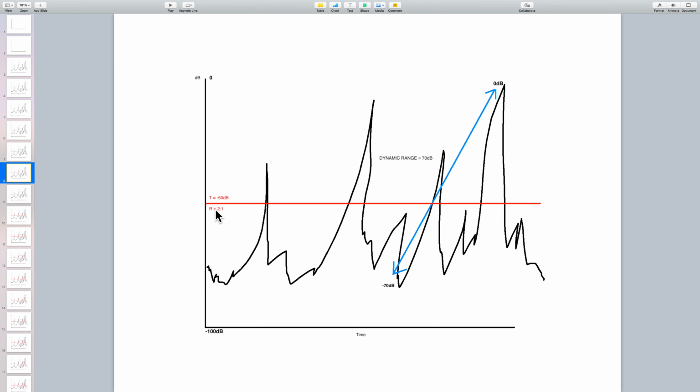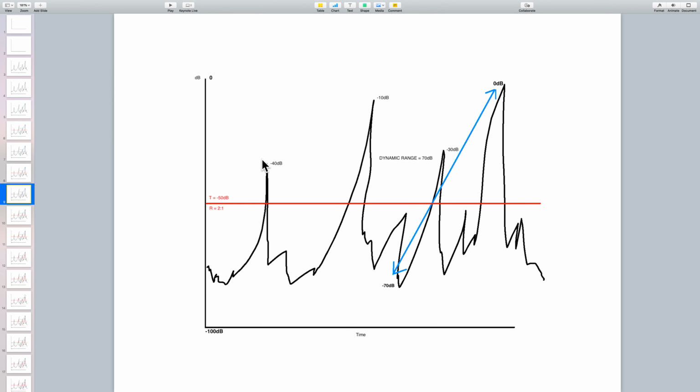So let's make our ratio 2 to 1. When you see a ratio like that, the first number is the input and the second number is the output. So in other words, for every 2 dB of increase above this threshold, you're only going to get 1 dB of output. All right, so for instance,